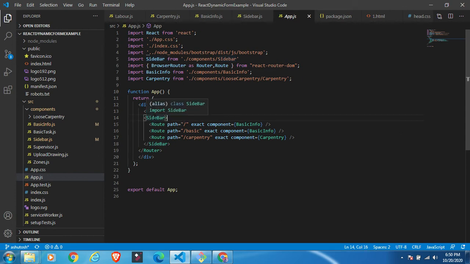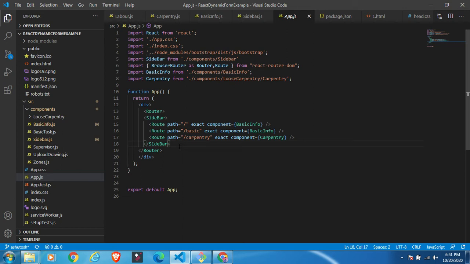Now, there are two types of components in React. One is the functional component, and the other is the class component. A functional component is just like a function. As I said, in functions you pass something as an argument. The similar thing you can do here, but instead of calling it an argument, we call it props in React.